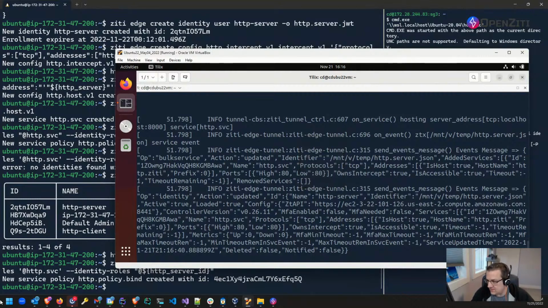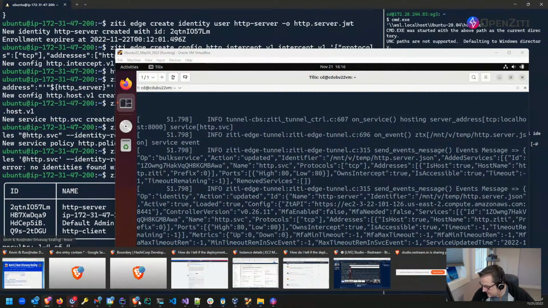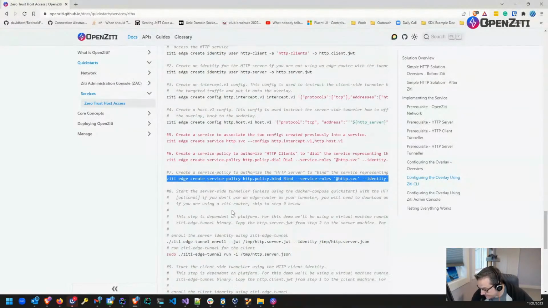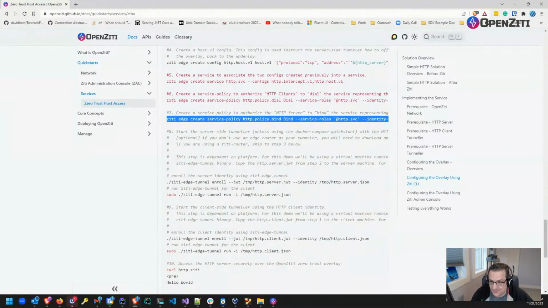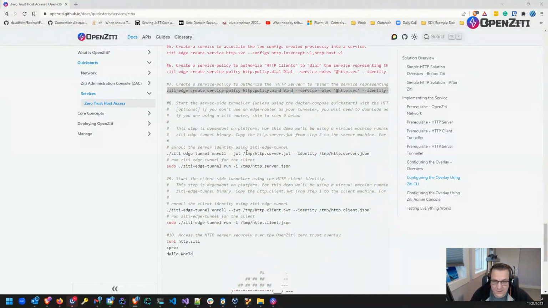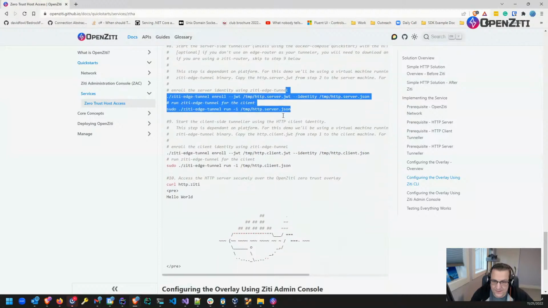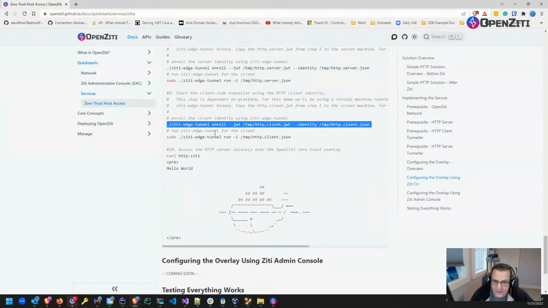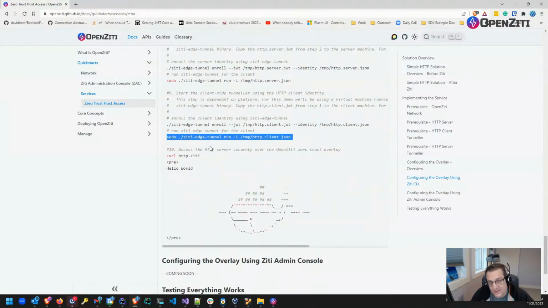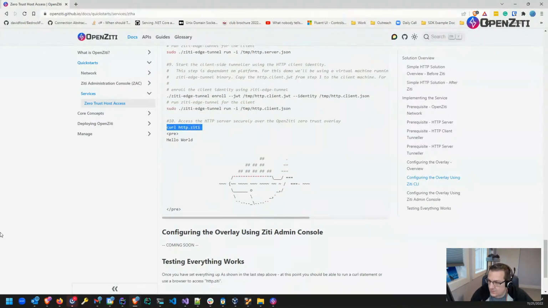Now let's go back to the documentation itself. Where did I put it? Right here. I've already done the enrollment steps because I skipped ahead. I should not have skipped ahead. ZD Edge tunnel enroll, ZD Edge tunnel run. I've already done those two steps. I've already done the client, and in this case, I'm not using ZD Edge tunnel. I use the Windows version. So now I should be able to curl to